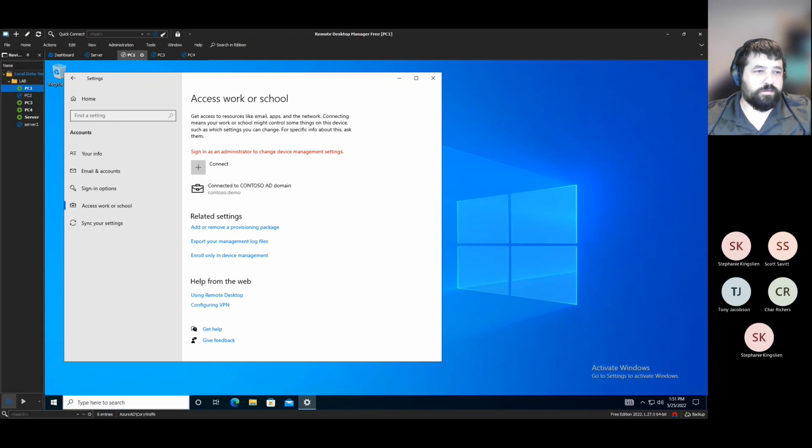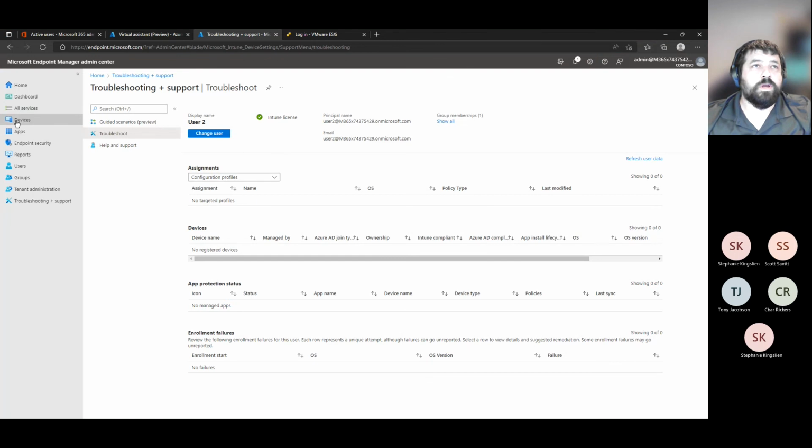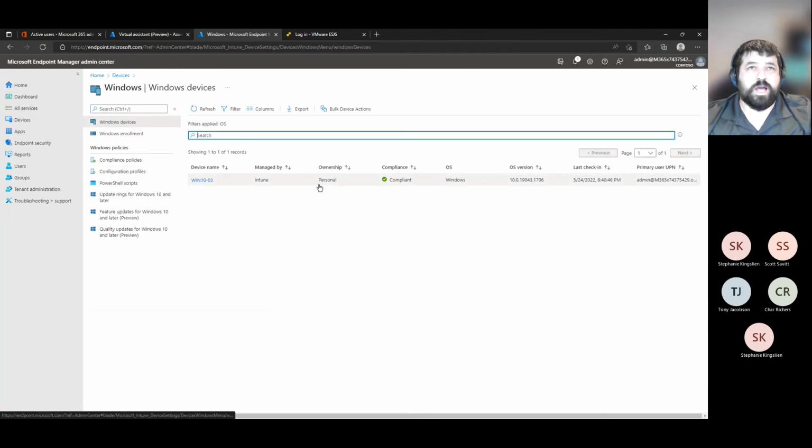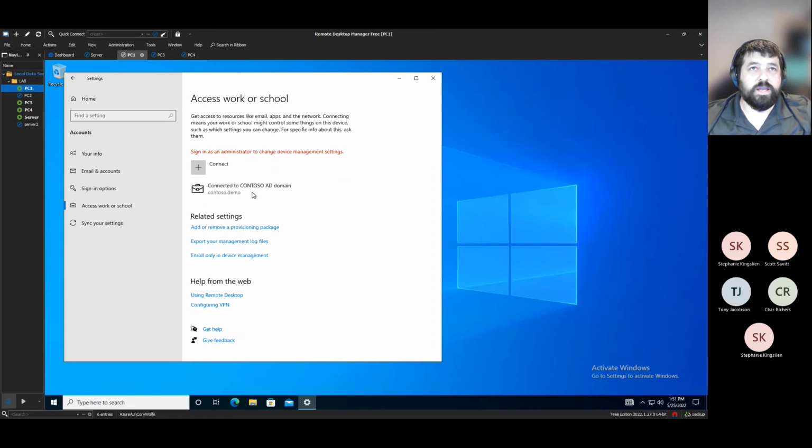And we can confirm that by, where did my window? There we go. We can confirm that by coming under devices, Windows platforms, and seeing that we only have one device in here. And if we look at this device name,